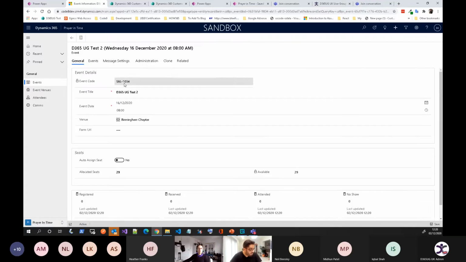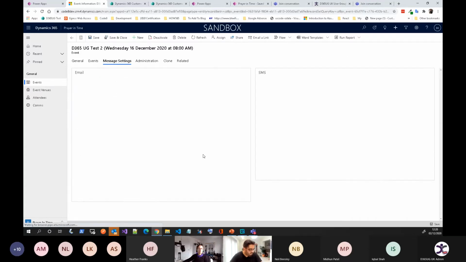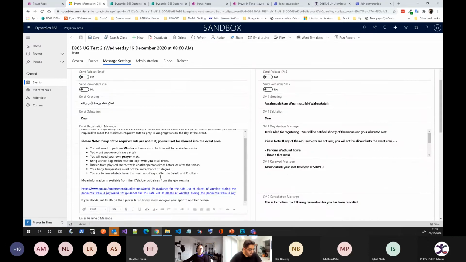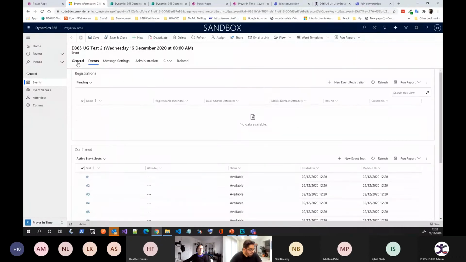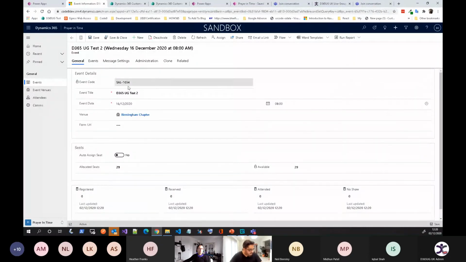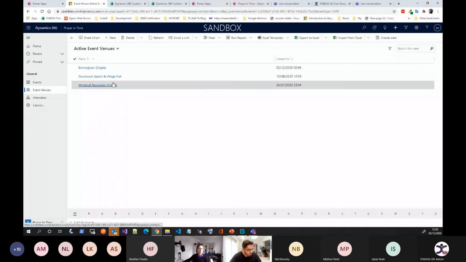Test 2. So you can see it's created the event and it's copied basically the information across. So that means I can now start to use the application. Now, this is fairly straightforward. Events, just of course the event information, event venues, it's got name,